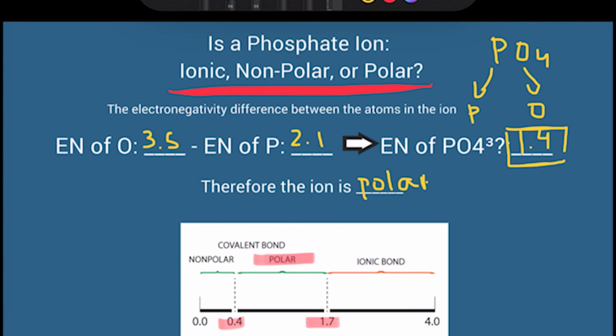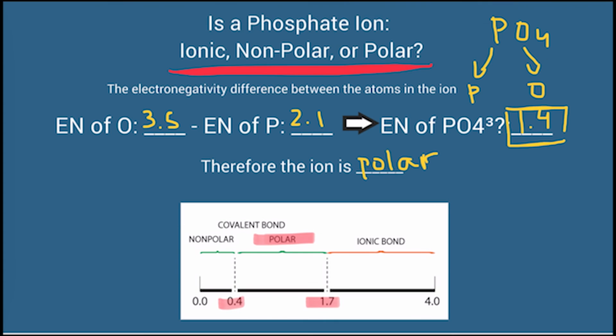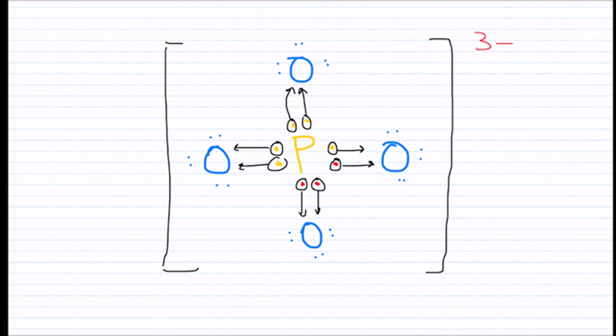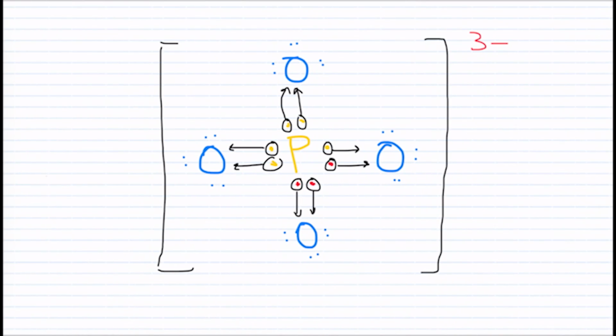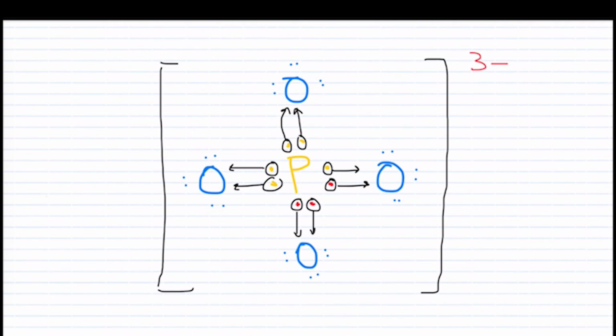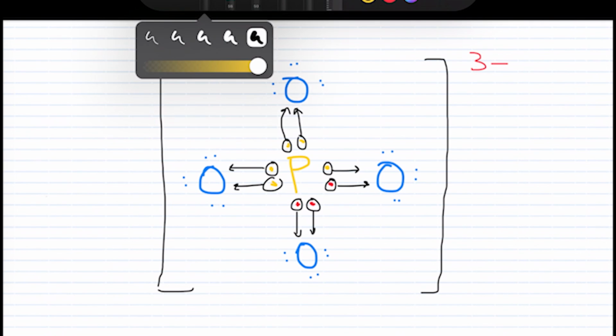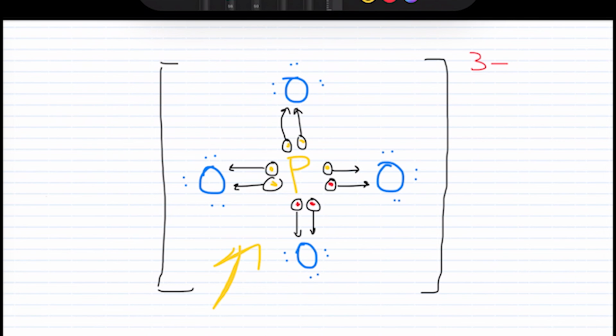As said before, phosphate has 4 CCBs, or coordinate covalent bonds. A coordinate covalent bond is a shared bond between 2 nonmetals, in which one of those nonmetals will unequally share its electrons with the other. In this case, we can clearly see phosphate doing so. Phosphate is a polar ion.